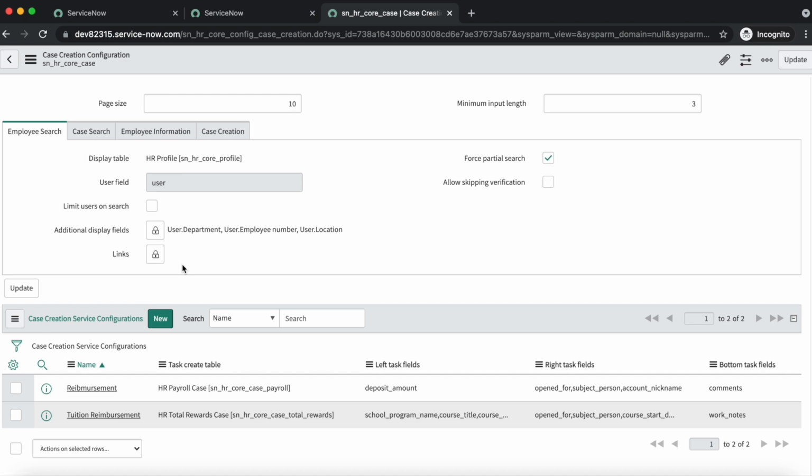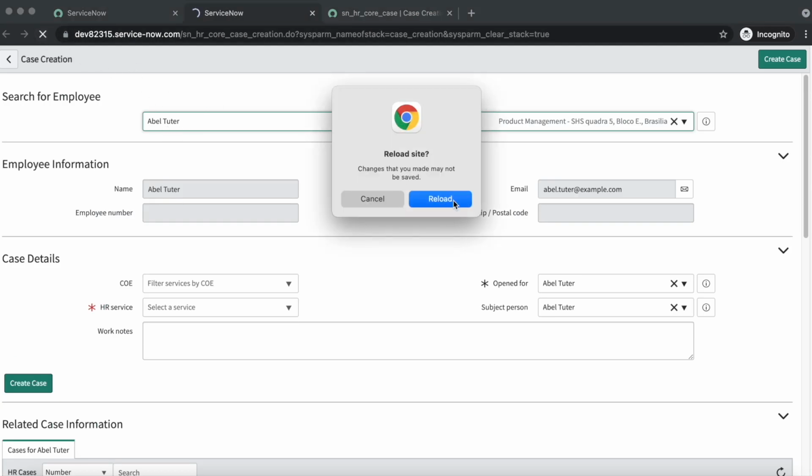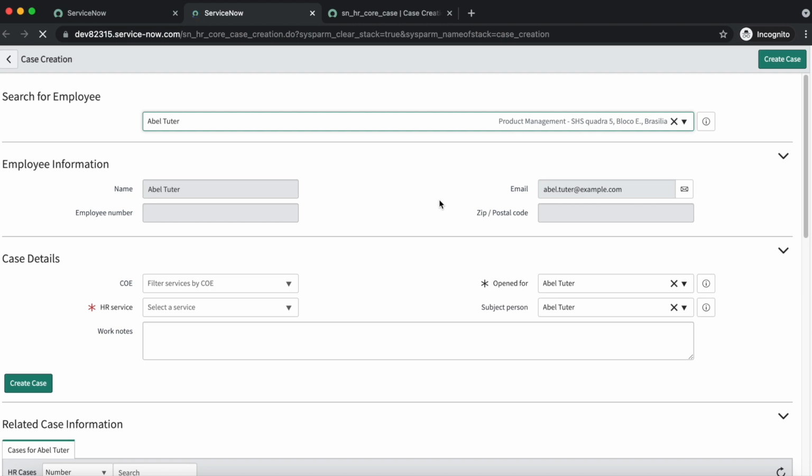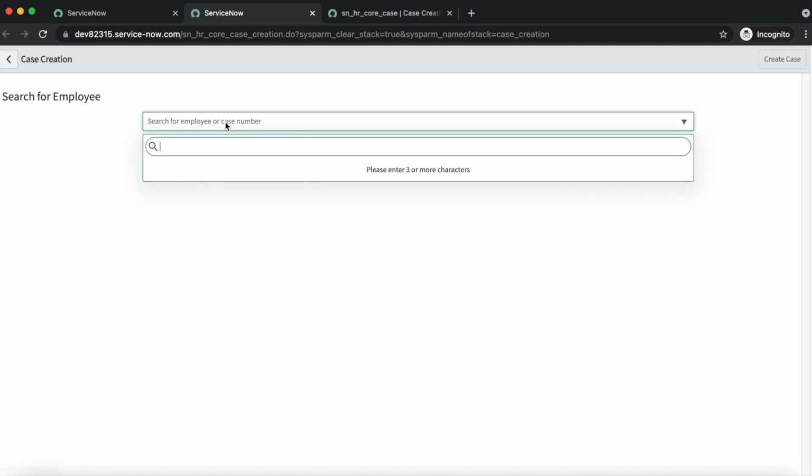Now the last one is allow skipping verification. It will give you the option to create an HR case without providing an employee name or case number while creating an HR case. So here, if I reload the form and want to create an HR case, I must select a user, right?